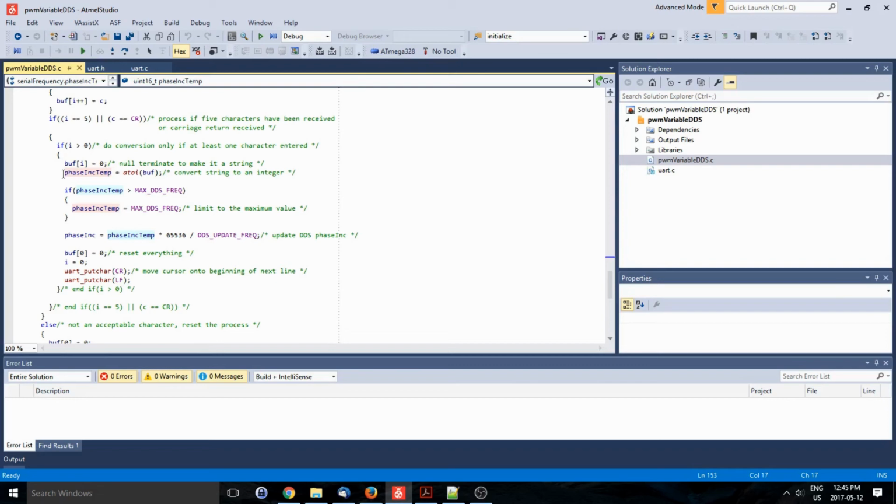I have to do a test. So if phase inc temp is greater than our maximum frequency, I just make it the maximum frequency. And that way it doesn't go any higher. Because remember I showed you how I couldn't get the frequency any higher than a certain frequency. So I just put a stop to how high you can actually make the frequency go. So if, I think it's 15, yeah, it's 15 kilohertz. So if you typed in